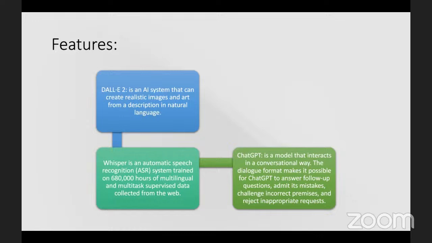You can go to the application, type in whatever question you have, and within minutes, they will give you a very comprehensive answer that does not feel like it was generated by an AI. You can carry a conversation with the AI, asking follow-up questions. If you give them wrong information, they can correct it. So it's quite impressive.